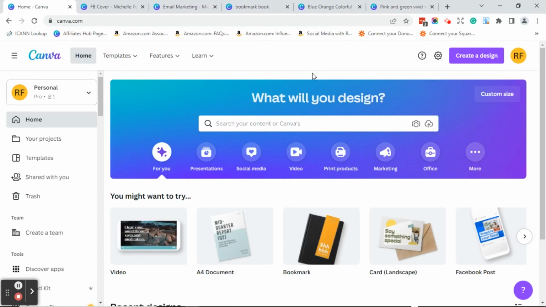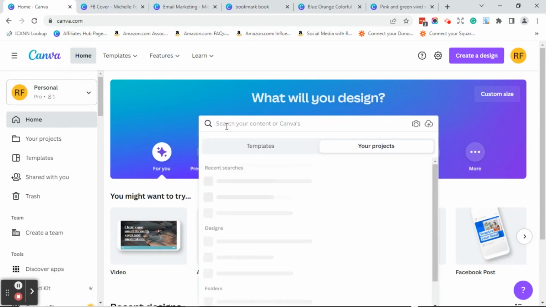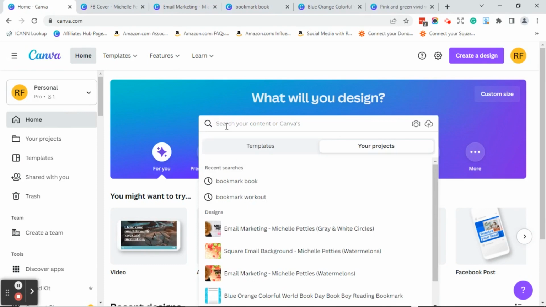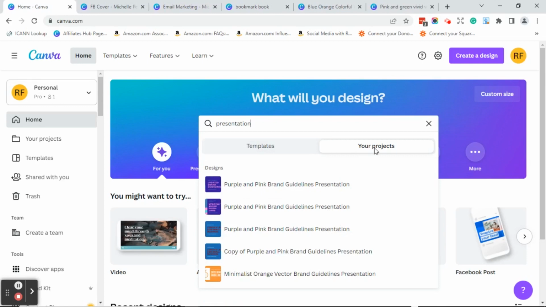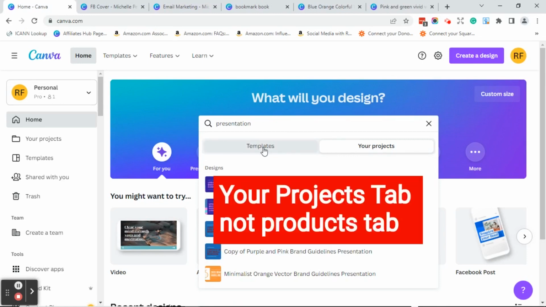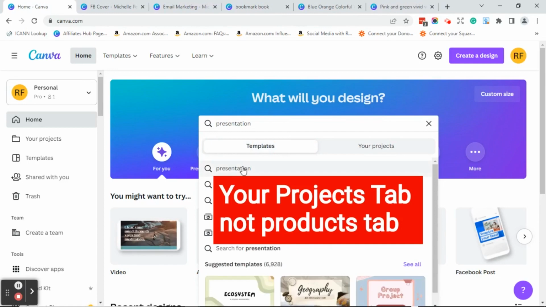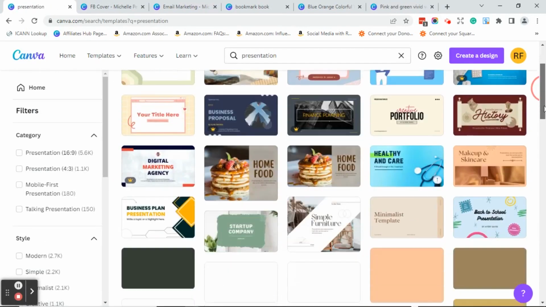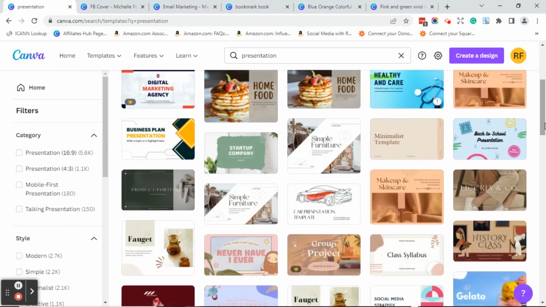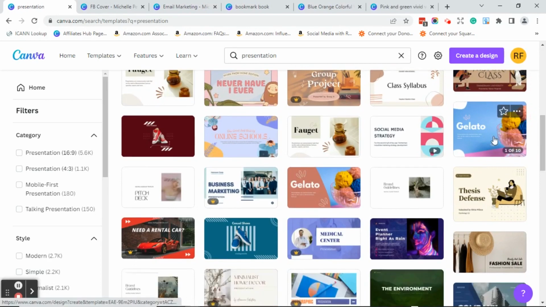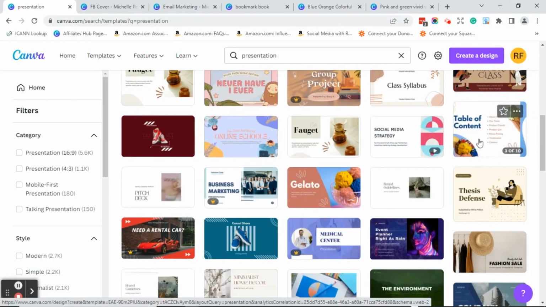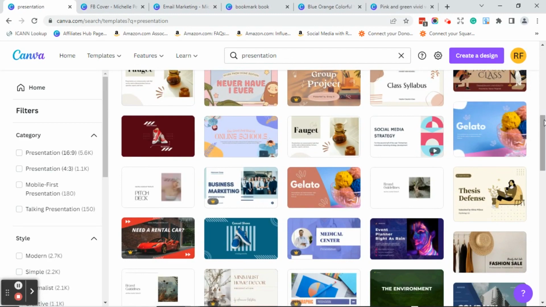So your first option is, by default, when you come to Canva, you will be on your home tab. Go ahead and click in the search field and you can look for various templates. So let's say, for example, I put in presentation. Sometimes Canva will switch to your products tab, but what I'm going to do is go ahead and click on templates, click on presentation. What you would do next is then scroll through and look and see if there's a presentation that really pops or stands out for you. So let's say you like this gelato one, you would click on it and you can begin designing that particular